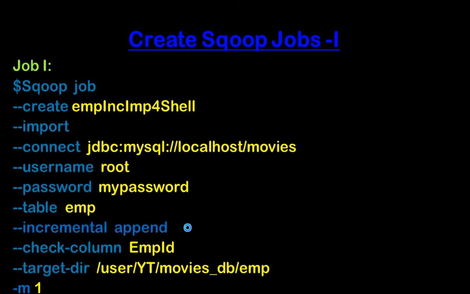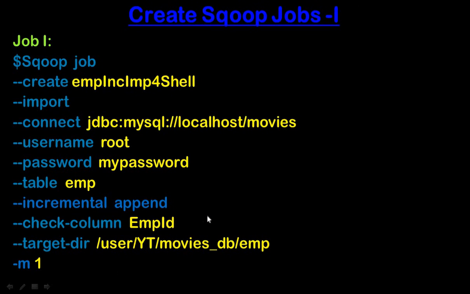So let's see the steps for creating the first job, as we know how to write an import statement. Here we write a Scoop job.